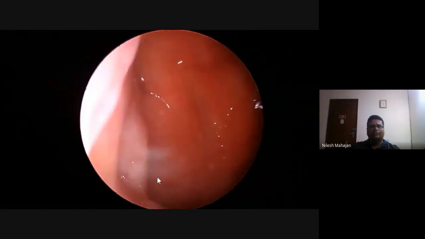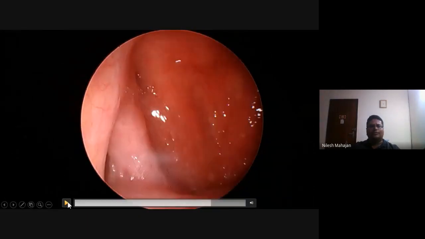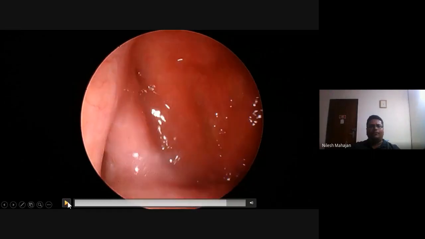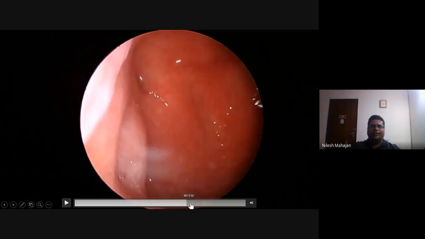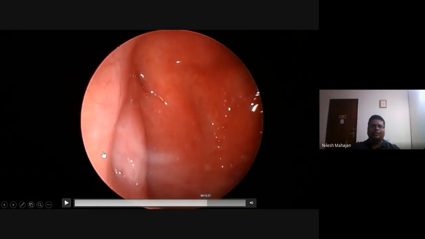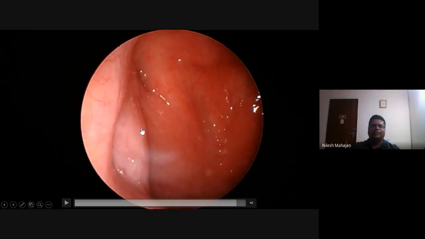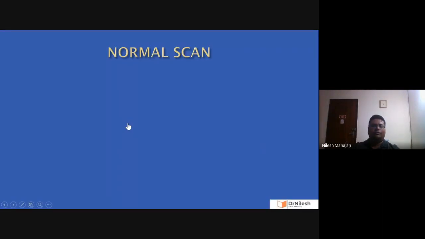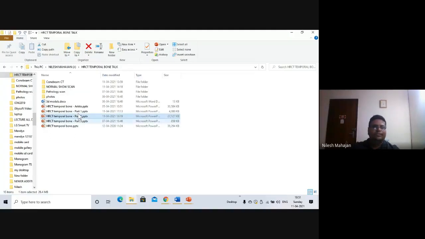I reach the nasopharynx. So what do we see in the nasopharynx? We see the eustachian tube, we see the torus tubarius, we see the adenoid area, and we see the fossa of Rosenmuller. Once you go along the inferior turbinate towards its posterolateral aspect, you will see the eustachian tube orifice. So this is the anatomy of this nasopharyngeal area. Once you know the anatomy of the nasopharyngeal area, the same thing you have to find out in the scan. So we'll see it in the scan.